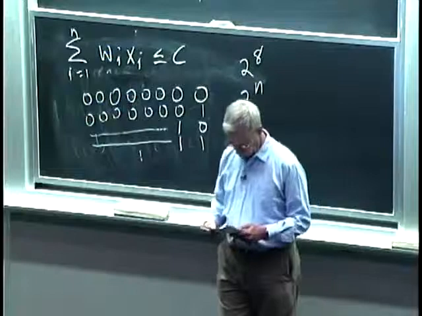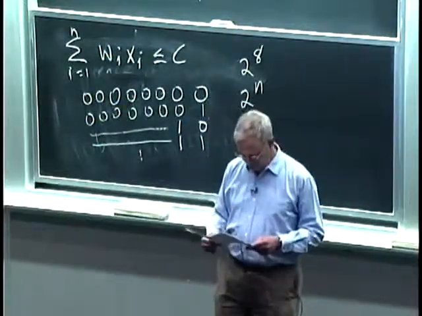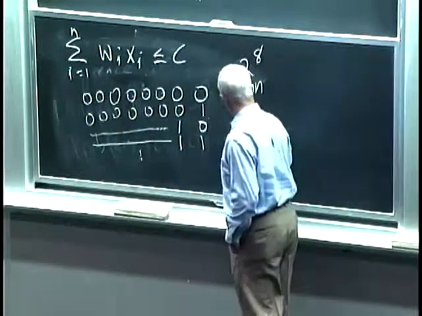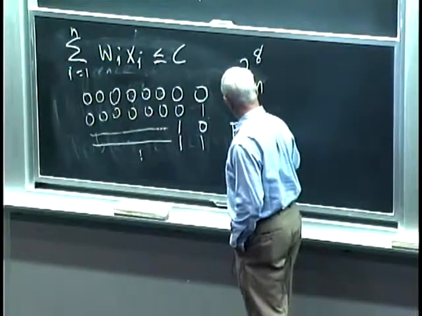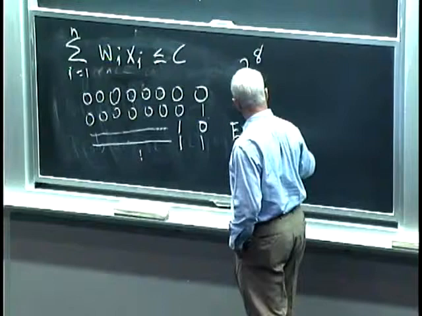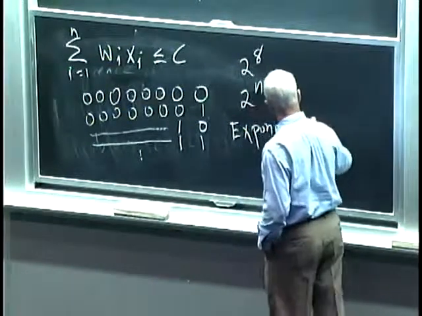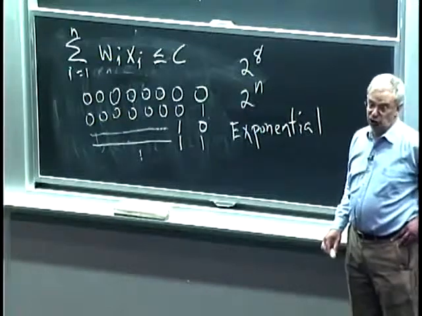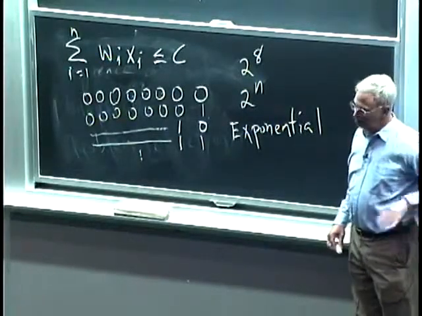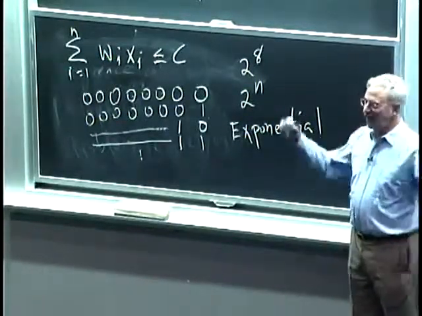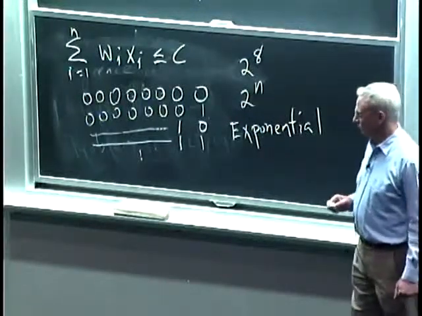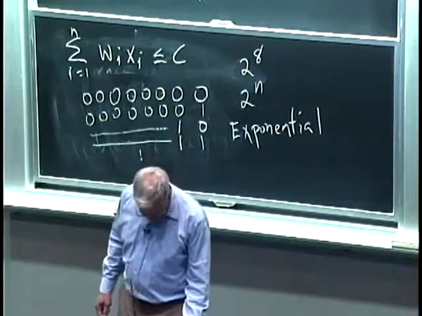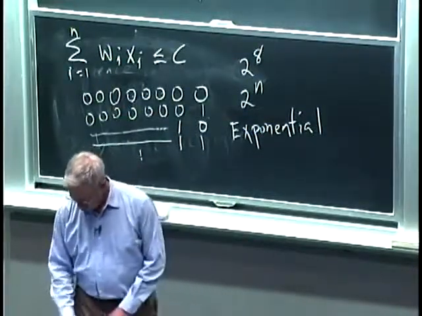Well, now that we've figured that out, what we're seeing is that the brute force algorithm is exponential in the number of items we have to choose from. Not in the number that we take, but the number we have to think about taking. Exponential growth is a scary thing. So now we can look at